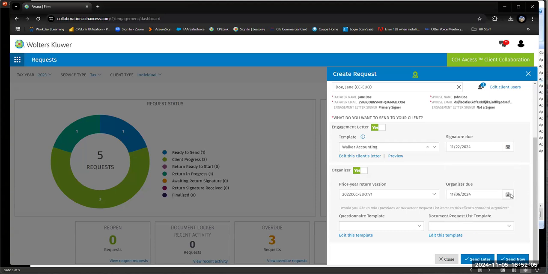So I'll set that due date for the 22nd, and we'll set this one for December 31st for the organizer. And so that leads us to talking about the organizer. The first thing I need to do here is select the return version that we're working with. I'm going to go with version 1 because that's the only option I have in this case for this